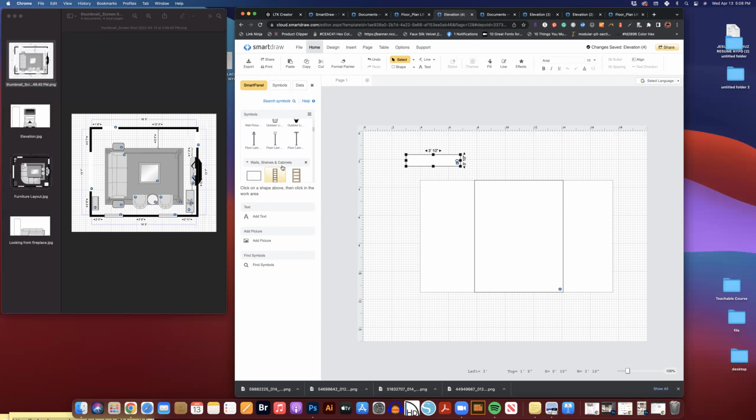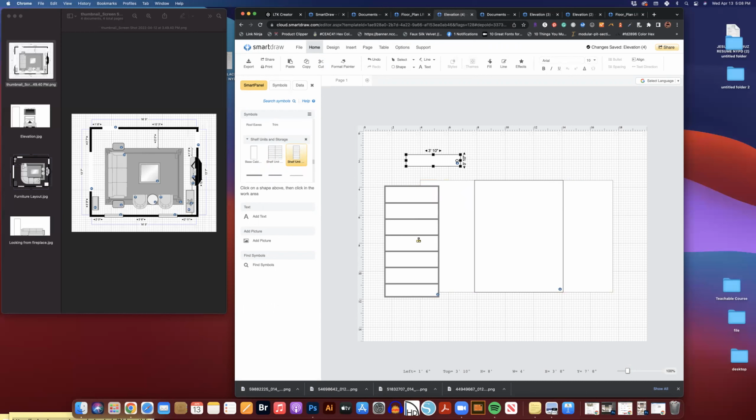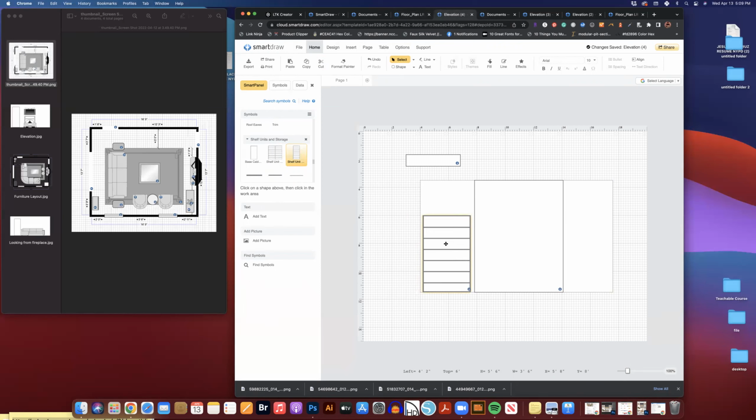And I'm going to get the bookcases or the shelves that are just white, if they're here. There's some that are filled in. Yeah, I'm just going to use the shelf unit. So this is a shelf unit. So now what you'll need to do is, depending on the measurements of your bookcase,